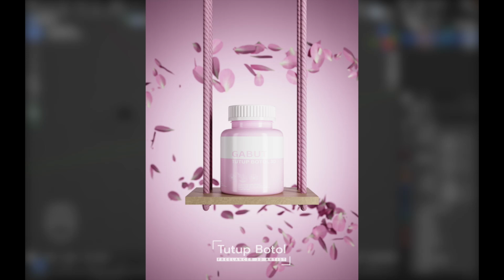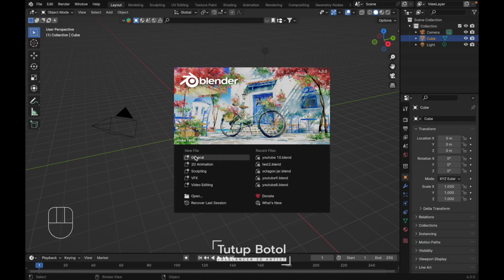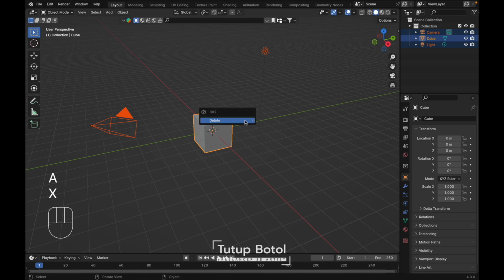In this video, I will show you how I am modeling and texturing this product. It will include the environment, texturing and lighting setup. Okay, let's start it. First open up your Blender, new file, general, press A to select everything, press X to